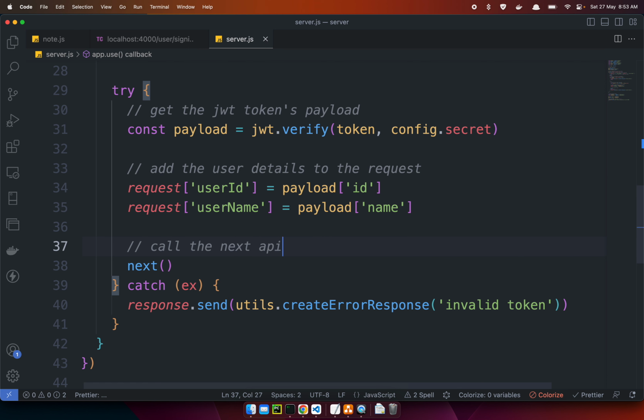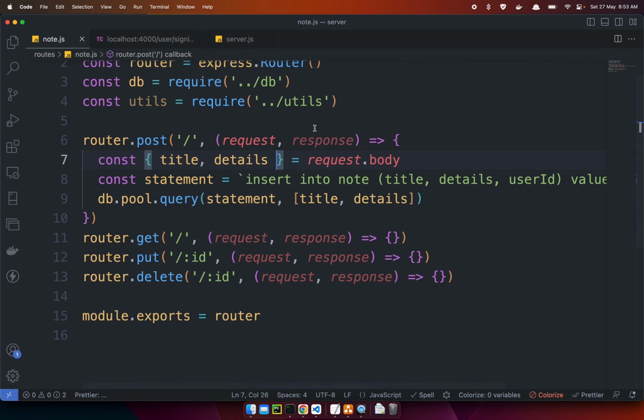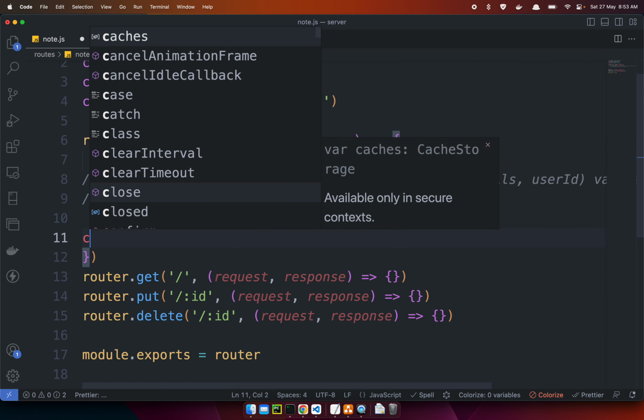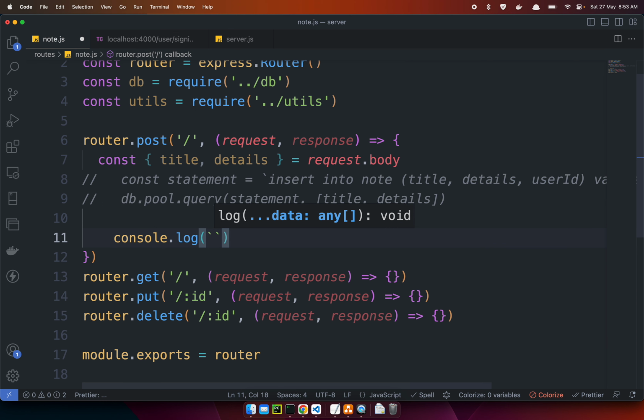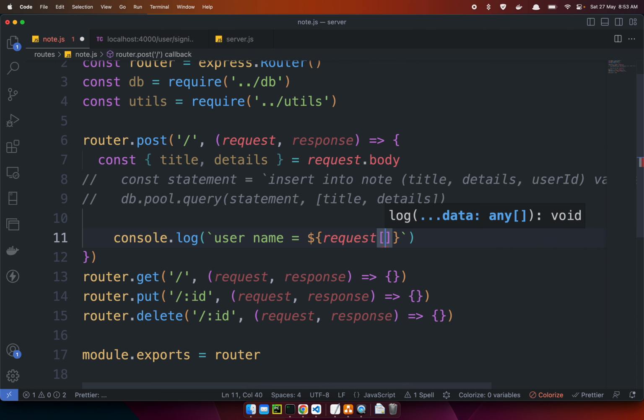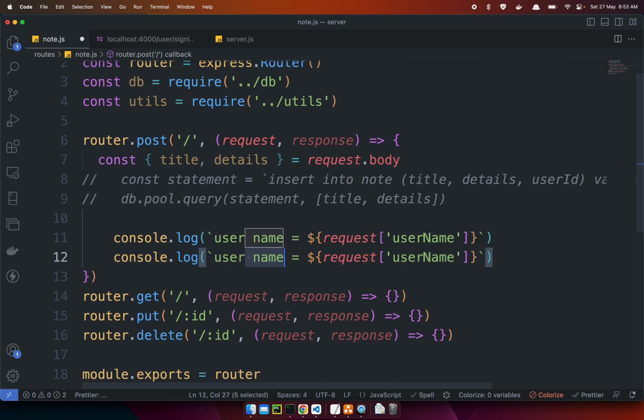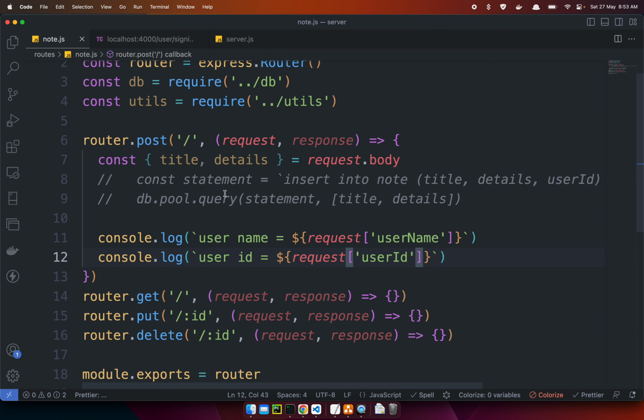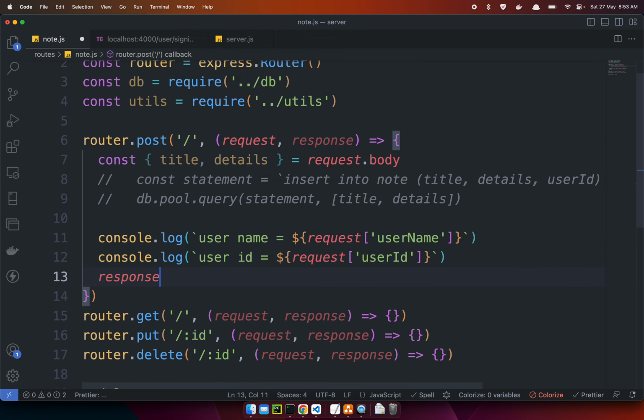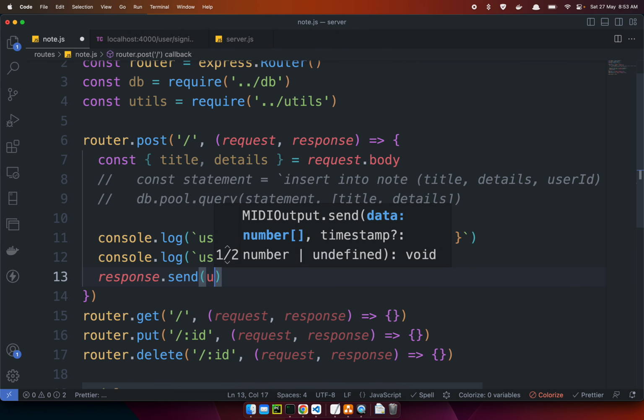Whatever API that you are calling, it will be called from here. Okay, now watch what I'm trying to show you here. I'm going to go back to my note, and before I perform any of those operations, I want to simply put this on the console, saying console.log who the user is logged in. So I can say the user's name is going to be equal to request.username. This is the key I added last time. And what is the user ID of the logged in user? I can put that as the user ID. Once it is done, I'll be sending a dummy response back to my client just for now by saying